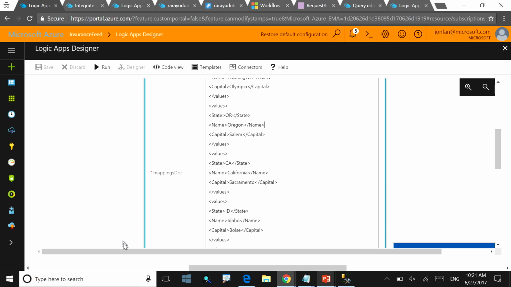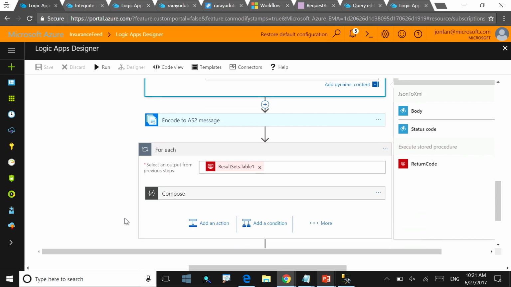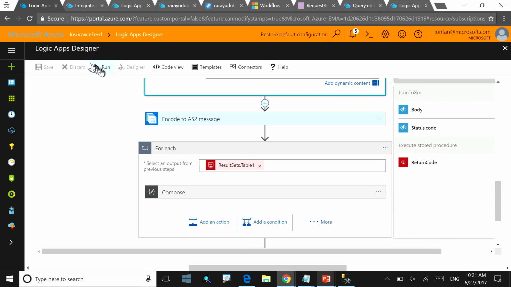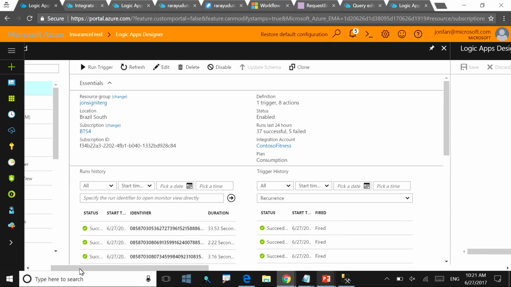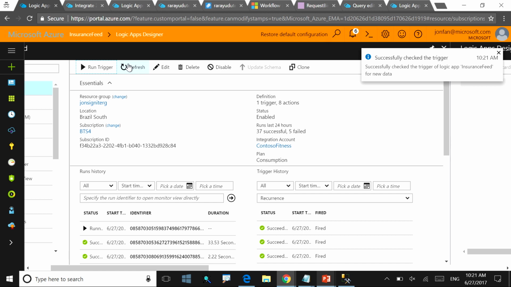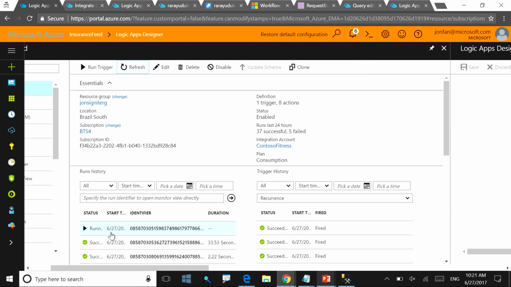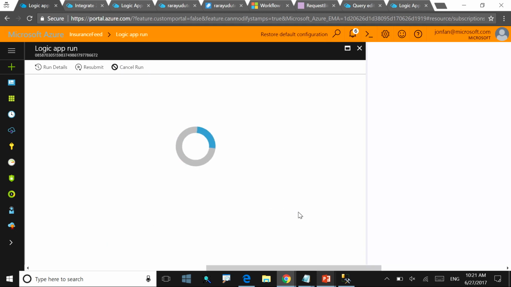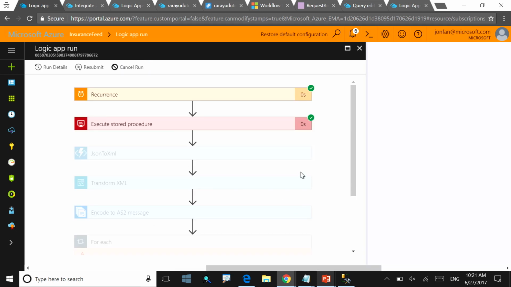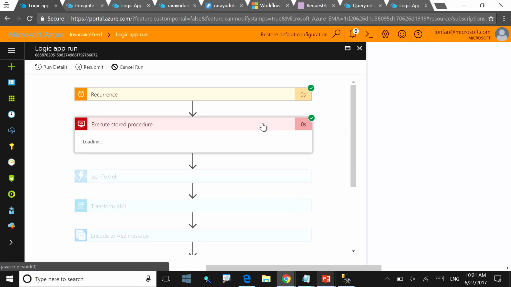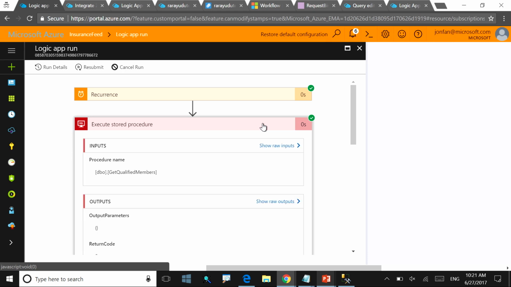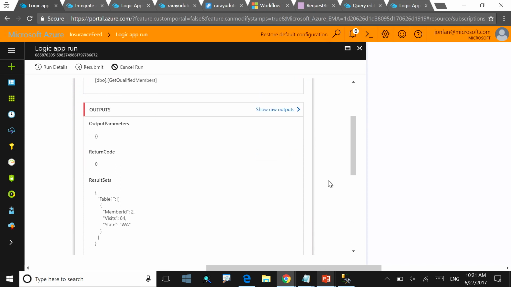Okay, so if I just run this, I'll show you what it looks like. And just fire this thing off, and it should run immediately. And if I look at, let's look at this first, because I should see the output of the stored procedure, which has just completed while it does the rest of it. I've got a function here, so I don't have warm start set on that, so it takes a few seconds to spin up. So you can see what I'm passing in is the member details, which was